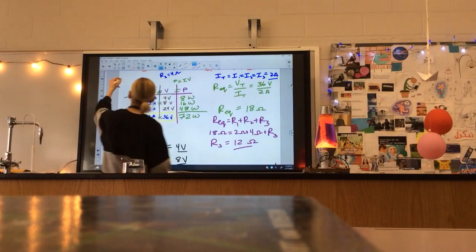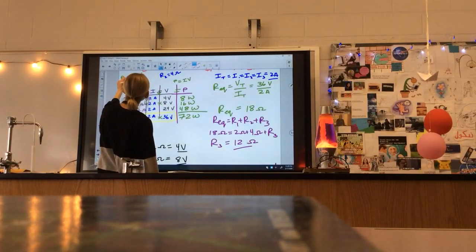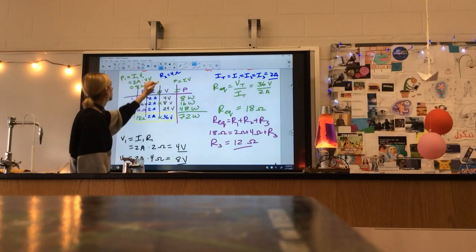Then we would want to say P1 is equal to I1 V1, and we would want to show that work: 2 amperes times 4 volts, which is equal to 8 watts, and so on. Do the same